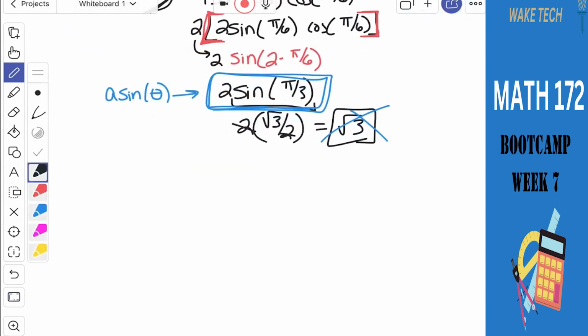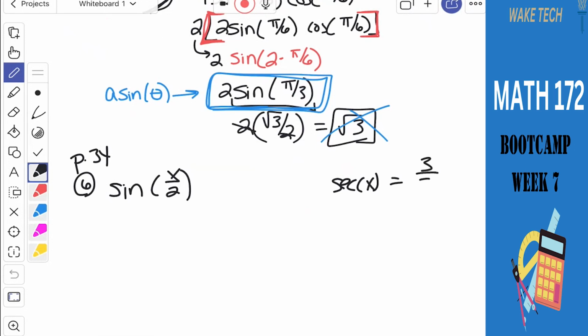So from page 34, number 6, we need to find the exact value of the sine of x over 2. And we're told that secant of x equals 3/2, and x is between 270 and 360, which means it's in quadrant 4. So anytime you're given information like that, the first thing to do is to create a triangle in the correct quadrant